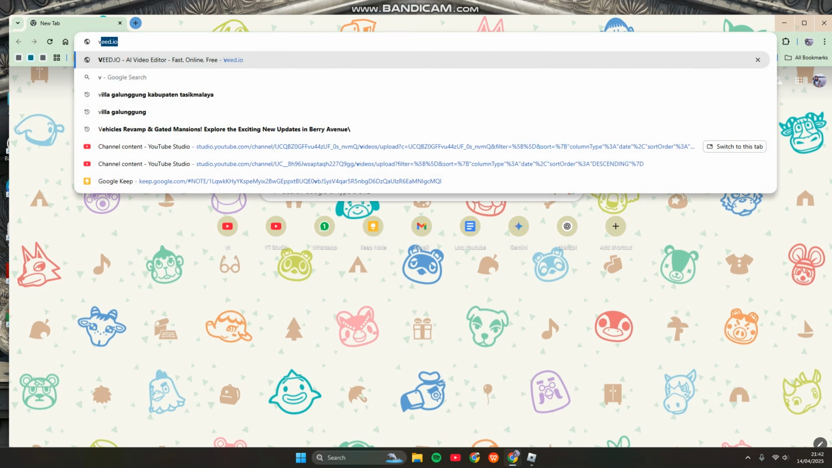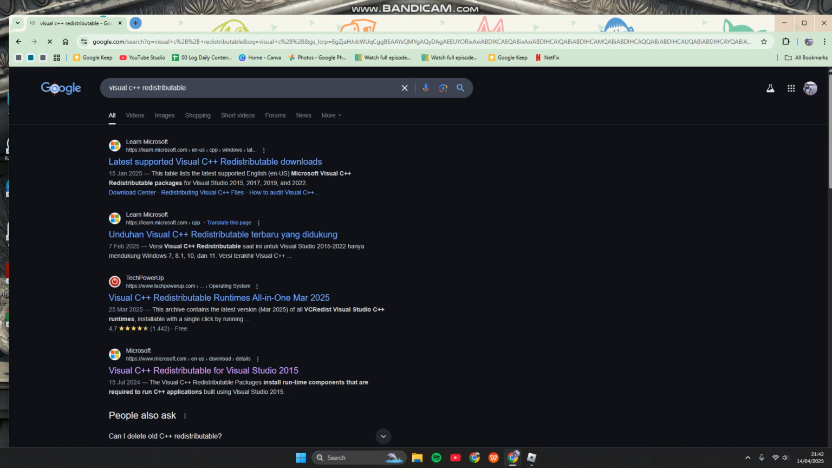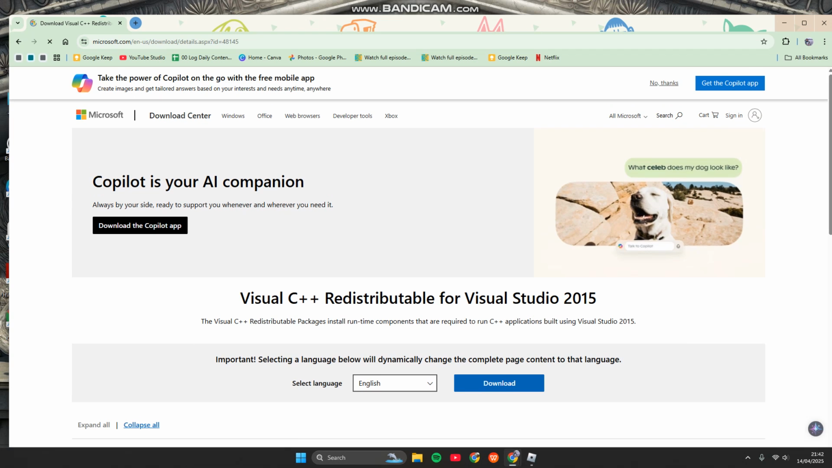So you can just search for Visual C++, find the official one from Microsoft, like this one for example, and install both the x64 and x86 versions. But for a DirectX error, you can just search from Microsoft for the DirectX